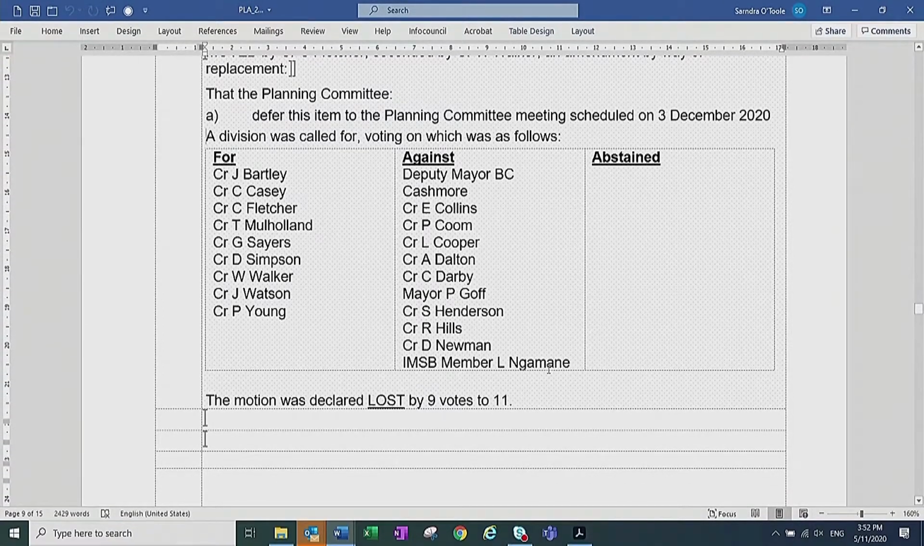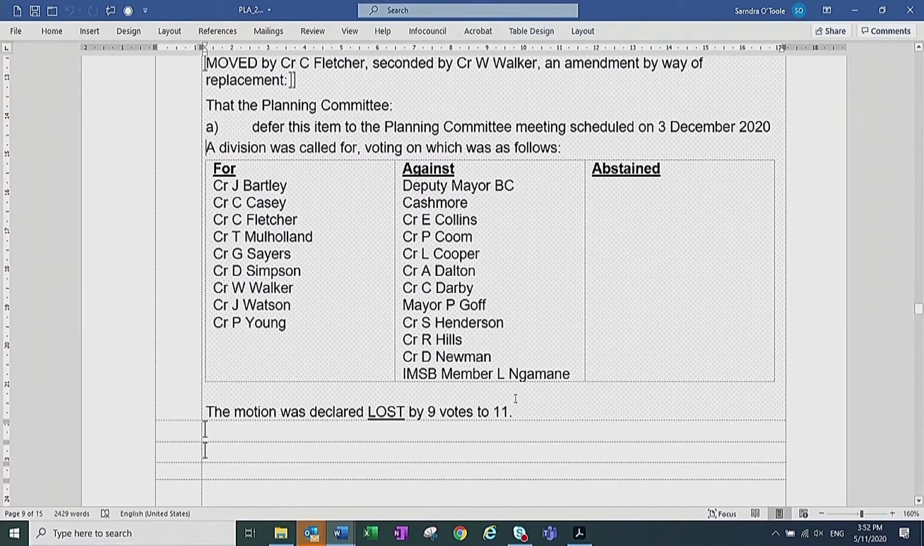Lost, 9 votes to 11. Motion has lost 9 to 11. We'll go back to the speaking list for the substantive motions A, B and C. Are there other speakers? Do we have any other speakers? We don't. So we will now go to the vote on...